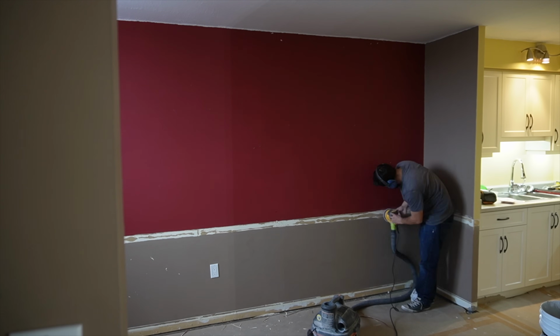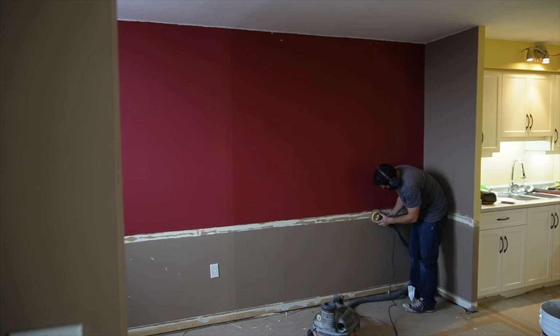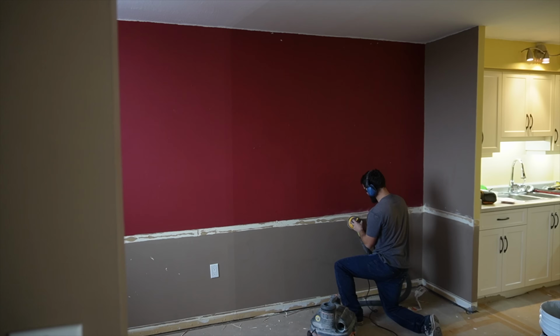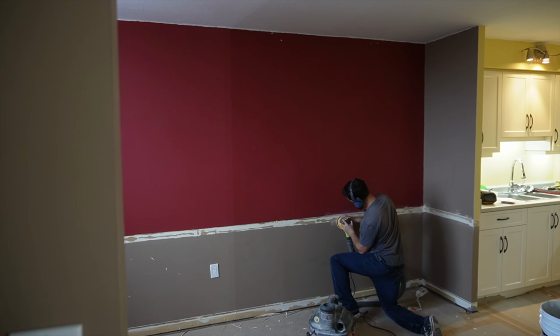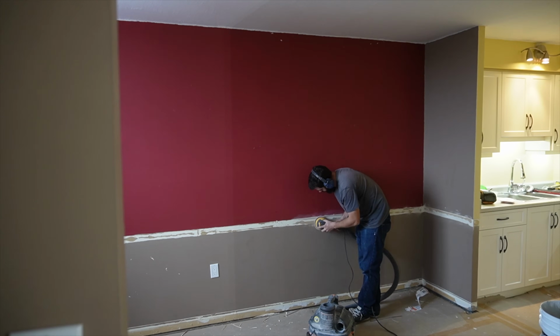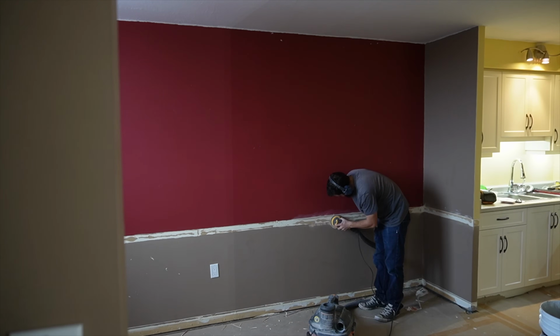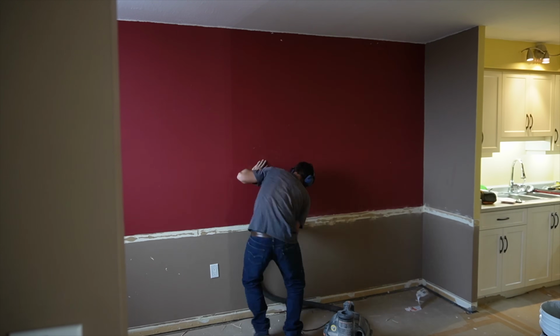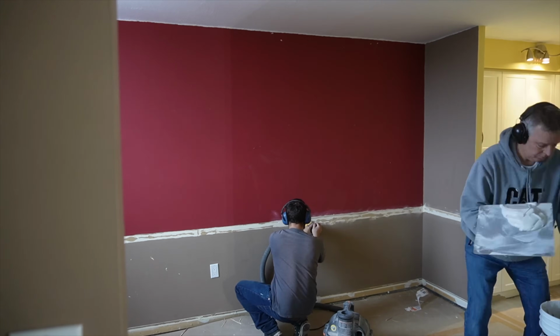Something kind of unexpected, the chair rail was actually glued to the wall, PL Premium. It's a polyurethane adhesive, it dries really hard. This stuff was hard as a rock. I tried for a few minutes scraping it off with a putty knife, wouldn't work. I went around with our random orbit sander with 100 grit paper, and I actually sanded it as flat as I could. I spent several hours sanding this line around the whole